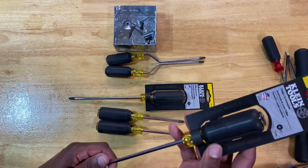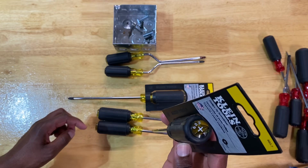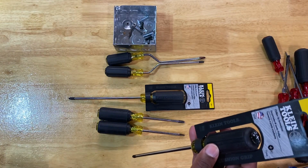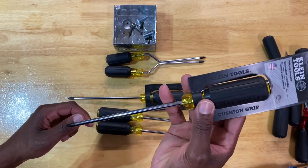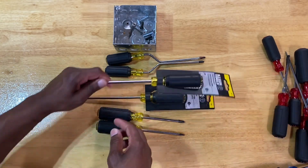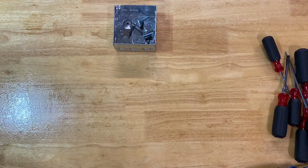And then, of course, I have these. It's just an elongated shaft number 2. It's 603-7 is the part number on that, guys. There you go. And then we have a 7-inch elongated shaft. That's what we have there. So that's it for Klein. We'll move on to